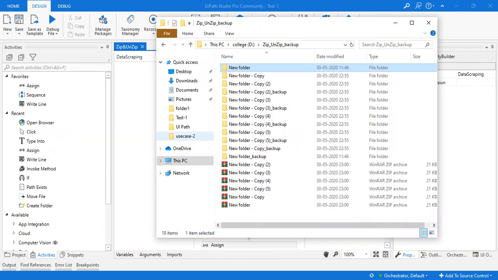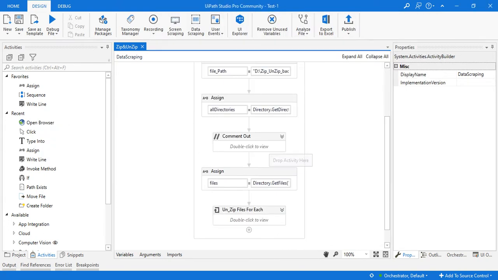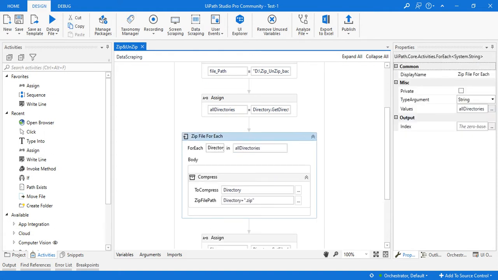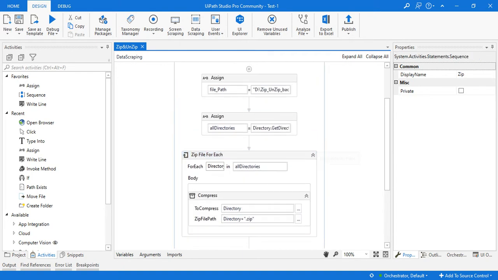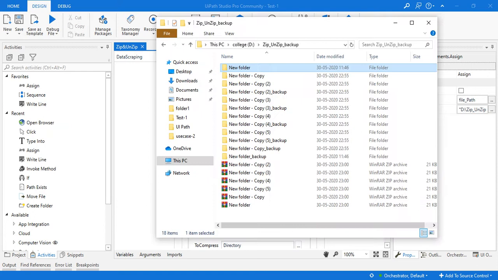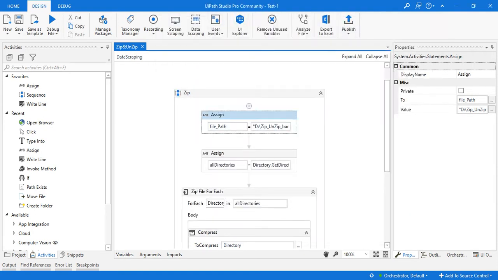I will explain the code. First I'm coming out. Yeah, this is my entire project code, guys. Let me explain. Firstly, I have taken a file path. This is my source file path, where I have mentioned my directory path, and there again I am taking it.